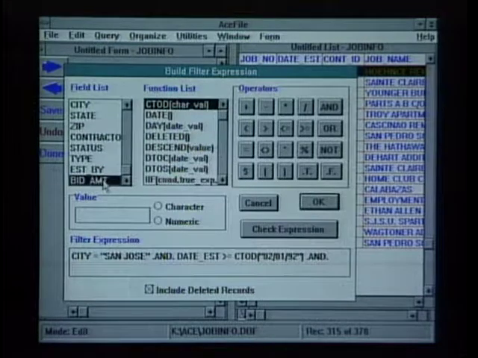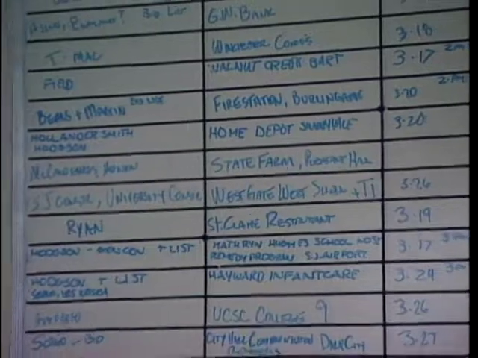We can now pick a job that we think we bid in a town nearby, but we can't quite remember when we bid it, and we're able to query that information or search that database by something maybe we've never searched for before. We may remember somebody's name, Tony, and can't quite remember what contractor he worked for or his last name, and we're still able to pull up that job and the information from our bid. Daly says he's looking forward to expanding his use of AceFile to include keeping track of his